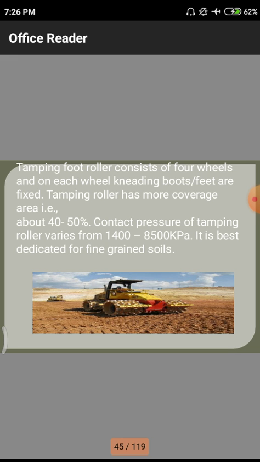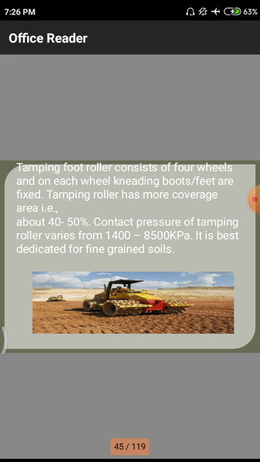If we have a small area, we use the first type of machine. But for a huge area, like a project located over thousands of acres, we need to use these kinds of rollers for easy working and a time-saving mechanism. And we have to use a larger coverage area.